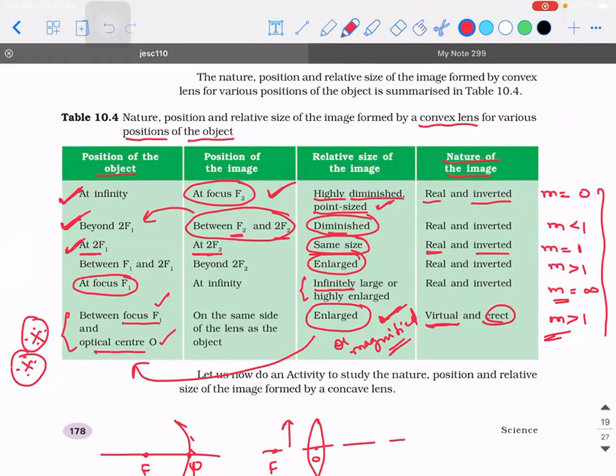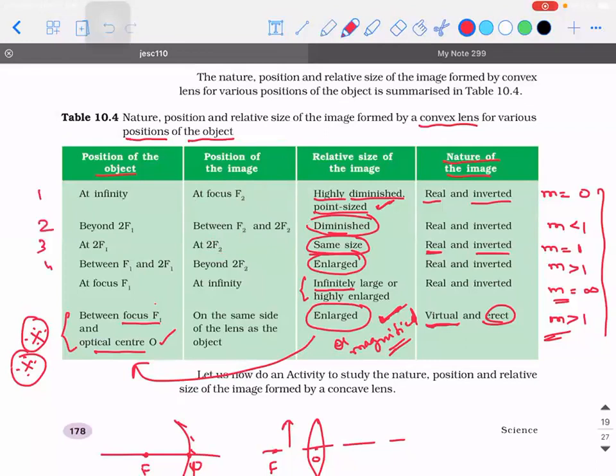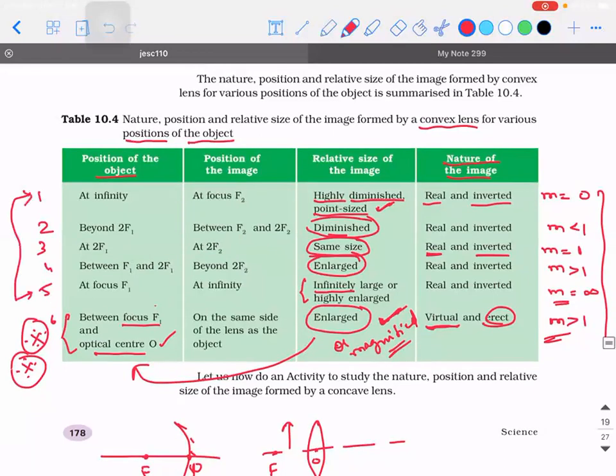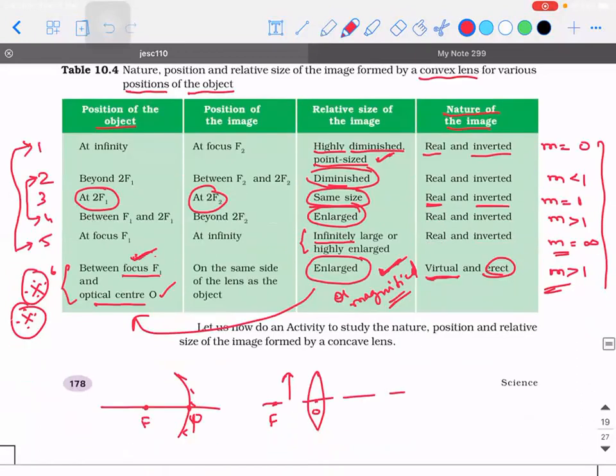Are you able to understand? When you read it next time, I want you to read it like this. I'll label the points 1, 2, 3, 4, 5, 6. First and the fifth point are reverse of each other. Second and the fourth point are reverse of each other. So at center of curvature, by default, you will have it in mind because that's a very famous scenario. Similarly, there is only one scenario where you will get a virtual image. That is also a famous scenario. So what you need to remember is, if you remember the first point, the fifth point is the reverse of it. Second point, the fourth point is the reverse of it.